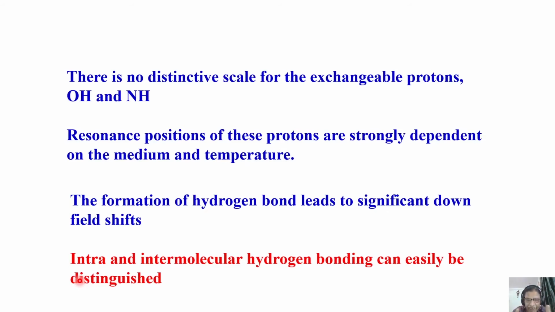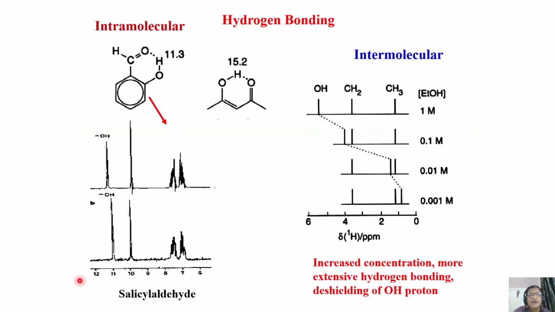Otherwise, simply remember, if there is hydrogen bonding in your molecule, if weak molecular interactions are there, you can study them by NMR because a hydrogen-bonded proton moves downfield. A significant downfield shift will be there. So this is a simple example. When a molecule like this forms a hydrogen bond with the OH, an intramolecular hydrogen bond, then there is very little drift of the OH peak.